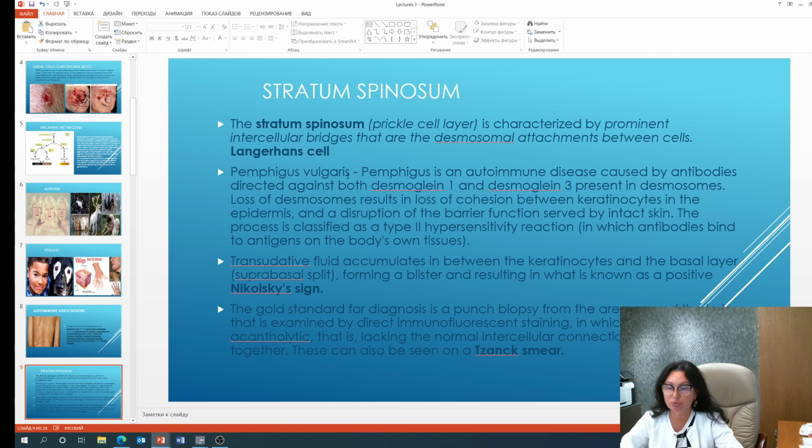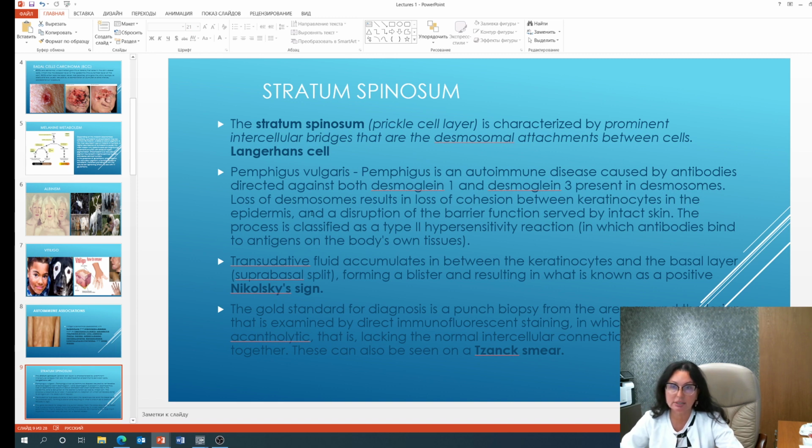Pemphigus is an autoimmune disease caused by antibodies directed against both desmoglein 1 and desmoglein 3 present in the desmosomes. Loss of desmosomes results in loss of